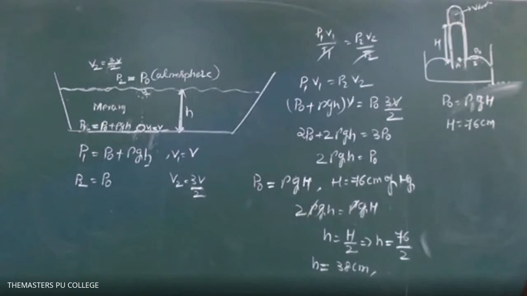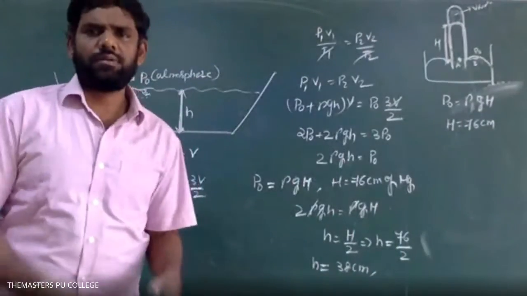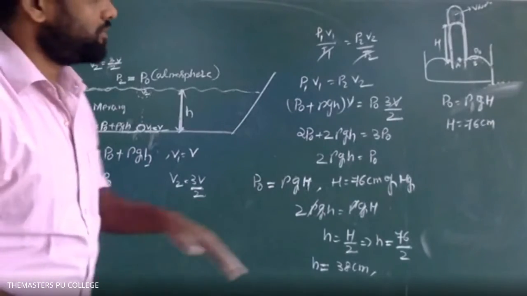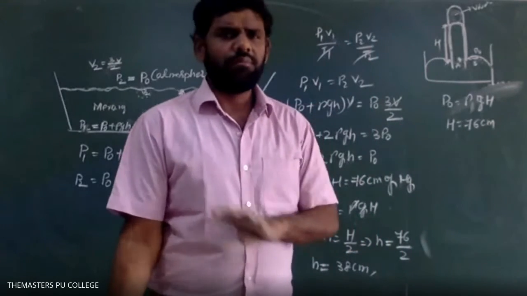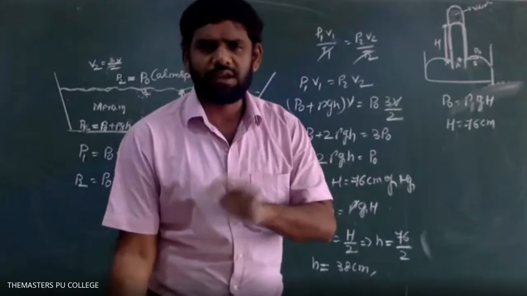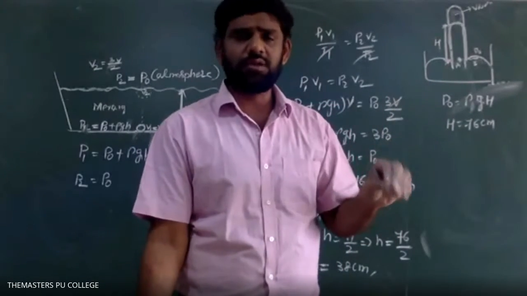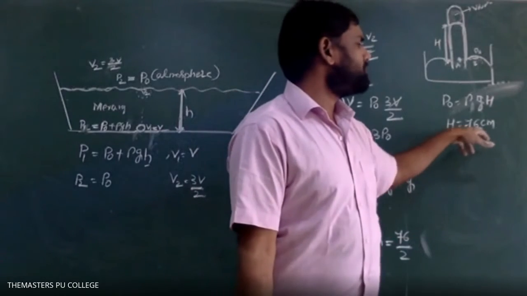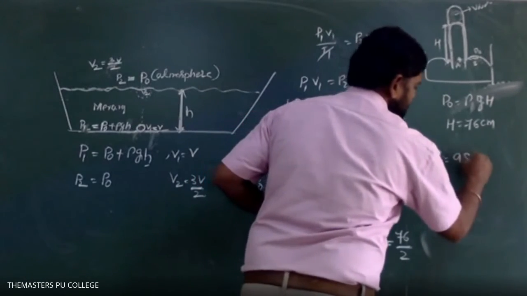Clear, students? Next question. If any doubts... Sir, is h constant? Which one? Sir, 76 centimeter, is it constant or does it vary? It is constant. Of course, some negligible changes will be there, but the average value is 76 centimeter. Because the Earth's surface is not flat, isn't it? Yes, sir, not flat. That's why at different places it may be slightly less or slightly more, but the average value is around 76 centimeter. Gravity value also, we have taken g equals 9.8 meter per second squared.